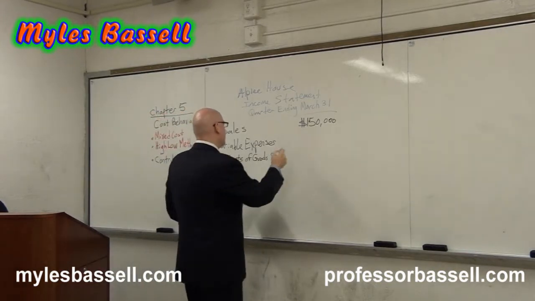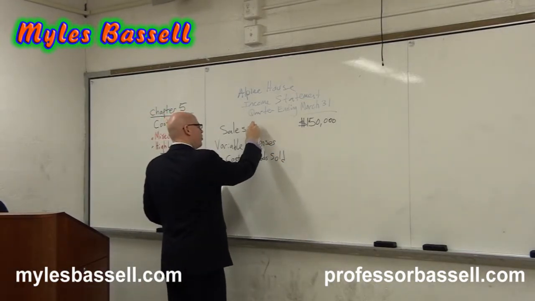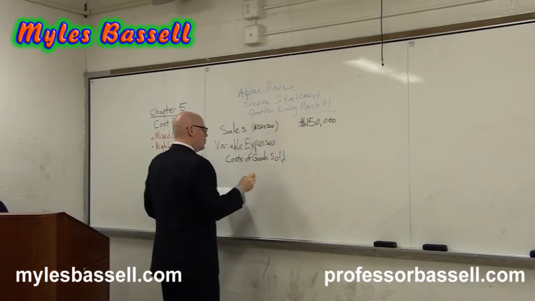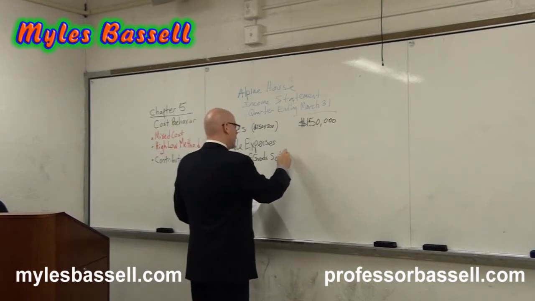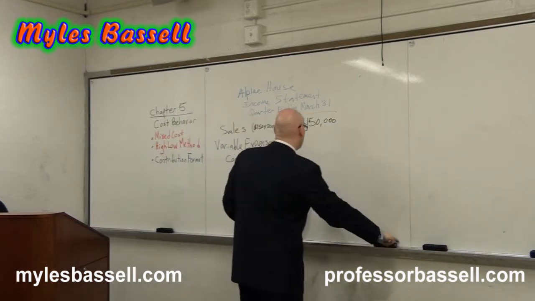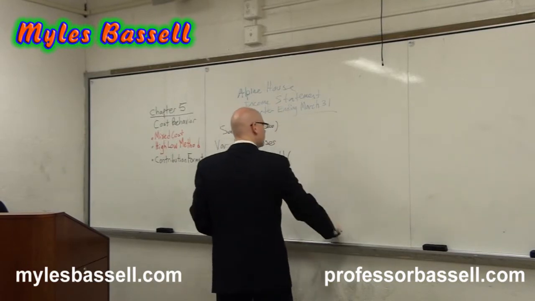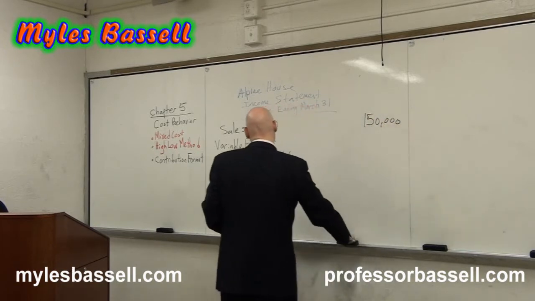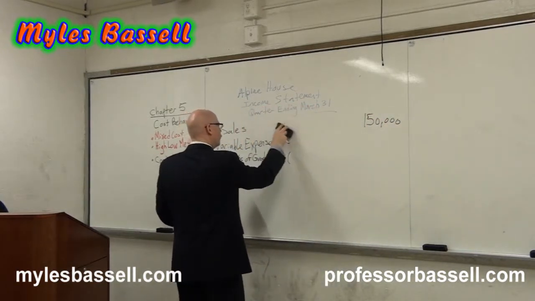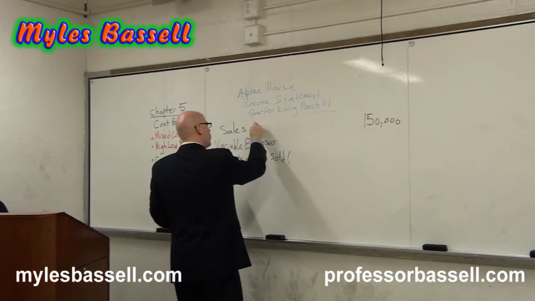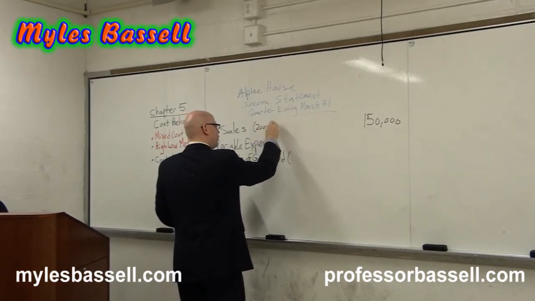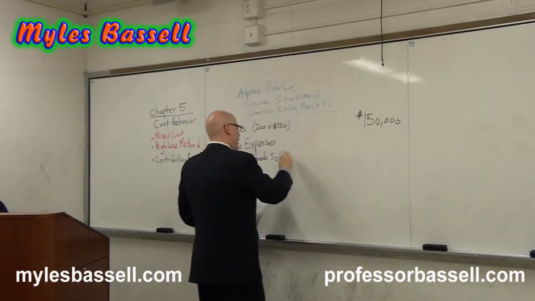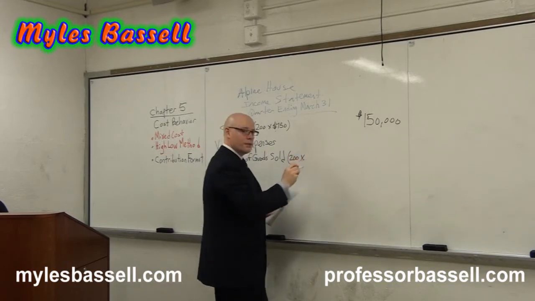We know the price is $750 times 200. If you want, we can look at it this way: 200 pairs times $750 is $150,000. And 200 pairs times,